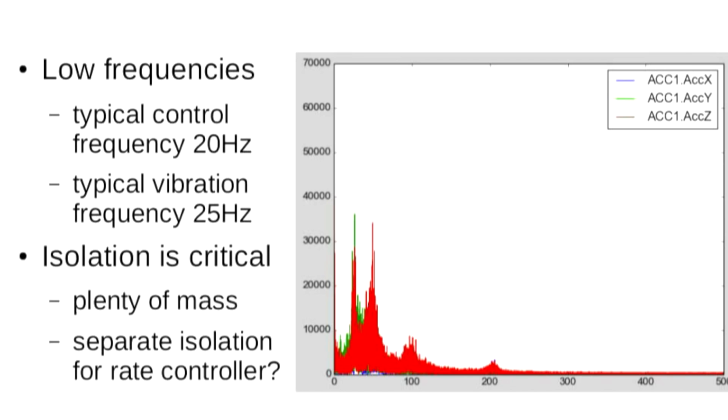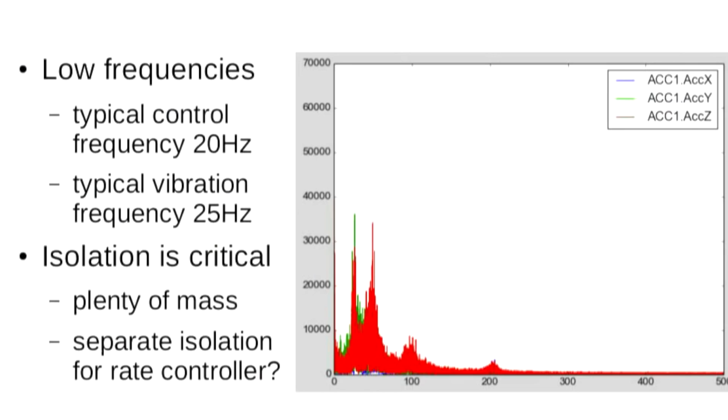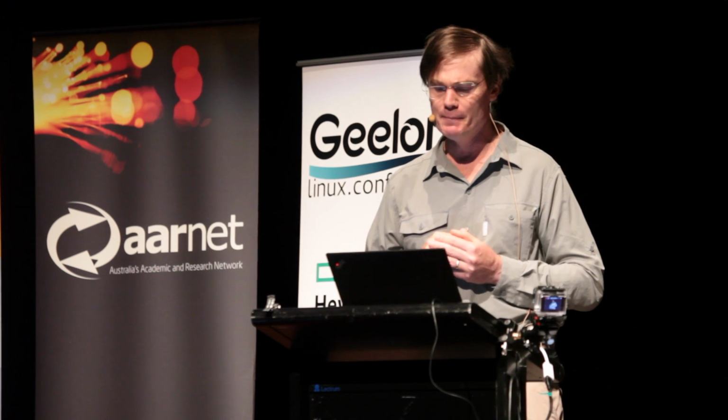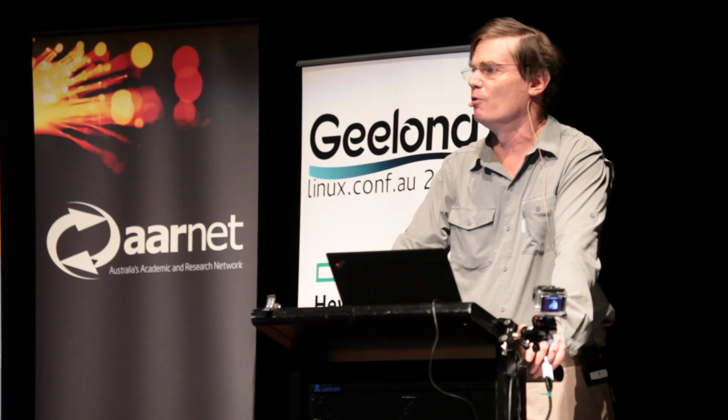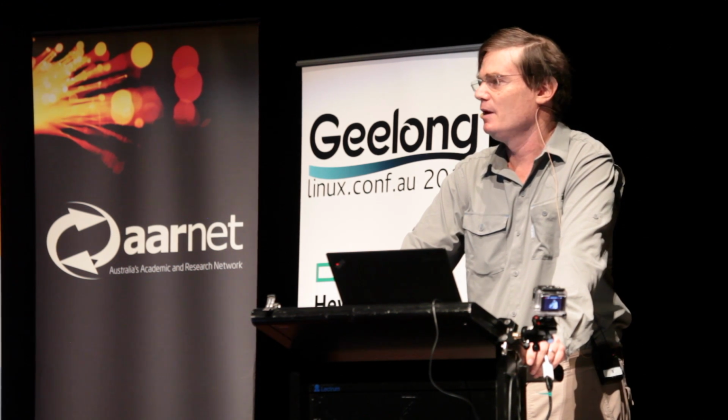And that is the rotation speed, that's basically the period of rotation of the rotor blade. So it generates this oscillation around 23 hertz or so. And then the second peak there is the blade passage frequency. So that's the frequency at which the individual blades, there's two blades, are passing through the air. So it's double because there's two blades. The control frequency which you're aiming for to actually control these things is typically around 20 hertz.